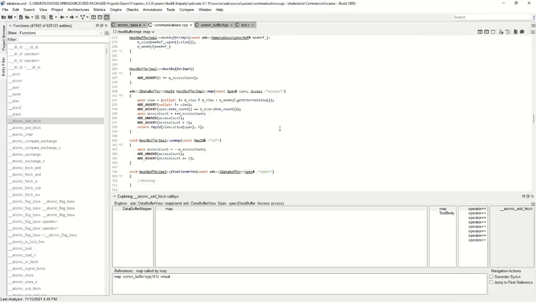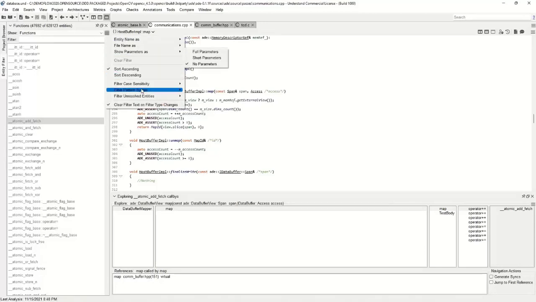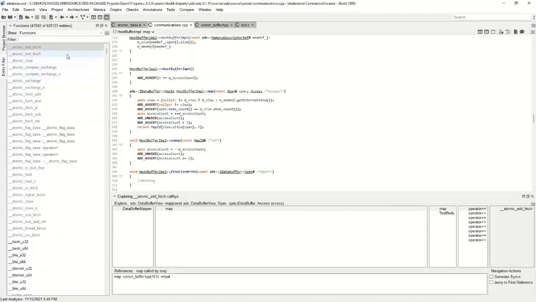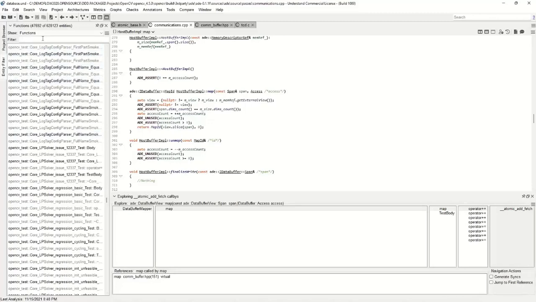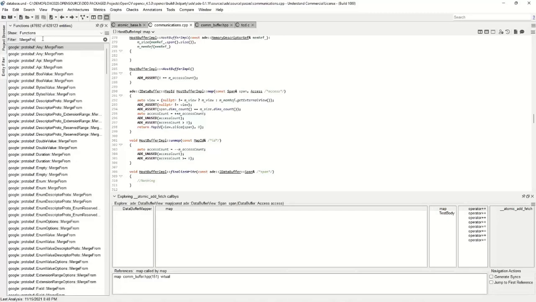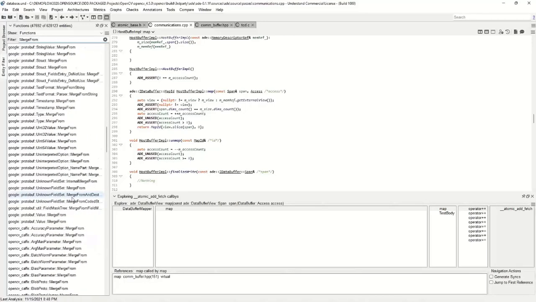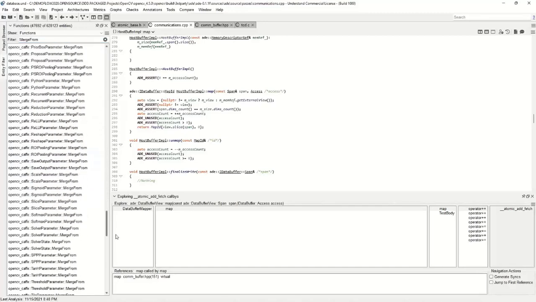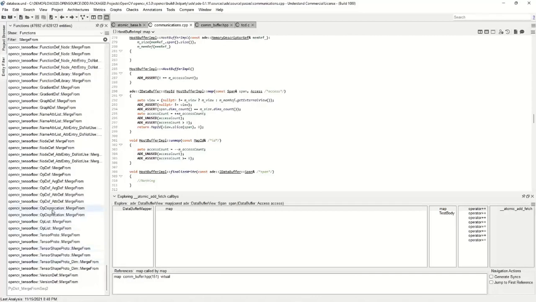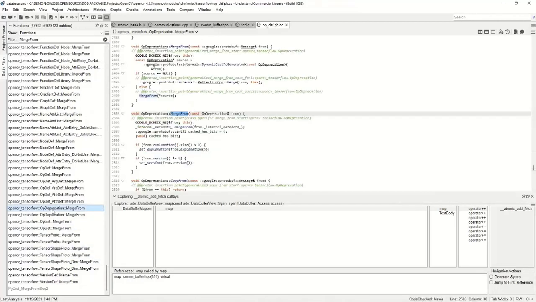So I'm going to filter by function again. This time I'm going to show the functions that I have defined. I'm going to say no filter. One that I like to show is OpenCV. Hold on, it's merge from. So this one is actually interesting in OpenCV. Okay, here we go. I believe this is the one. So, you can actually do those call from